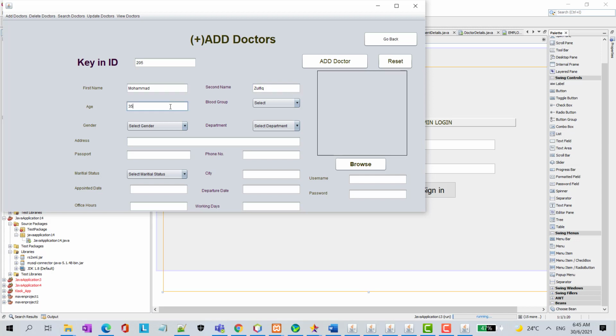Age is 35, blood group is A plus, male, department is dentist, and then the address is going to be BBU APT Malacca, and the passport is going to be BHJ 00987. Phone number is going to be 014567987. City or branch is going to be Malacca, and then appointed date is going to be